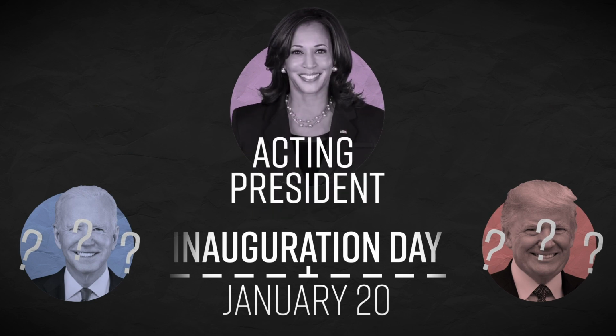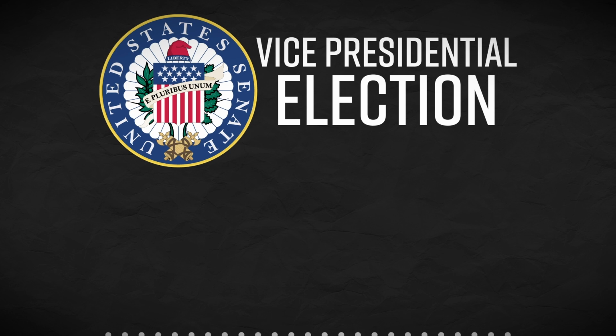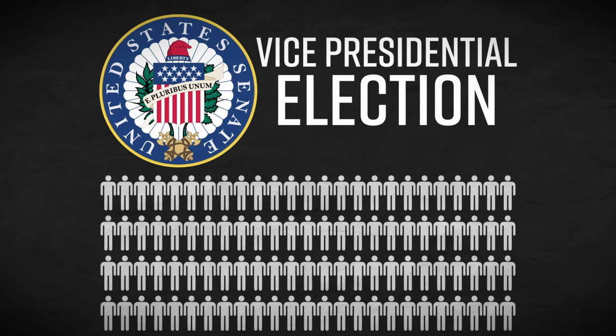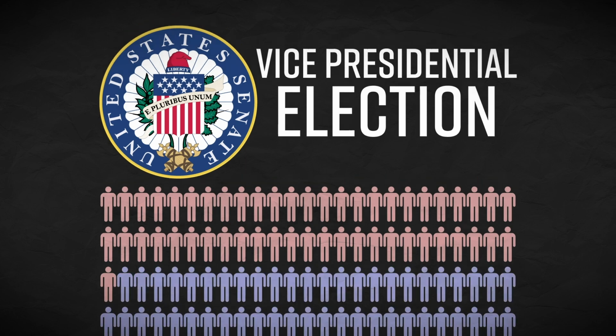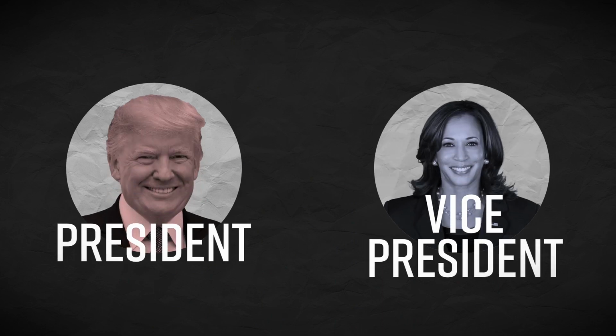The Senate, on the other hand, votes for the vice president with their individual members. Since there are 100 senators, a vice presidential candidate will only need 51 votes to win. Something interesting to point out is that in this scenario, if Congress is controlled by two different political parties, it is possible to end up with a Republican president and a Democrat vice president, and vice versa.